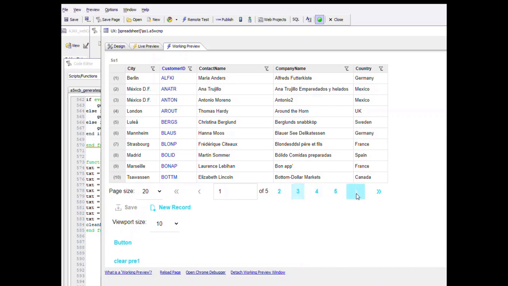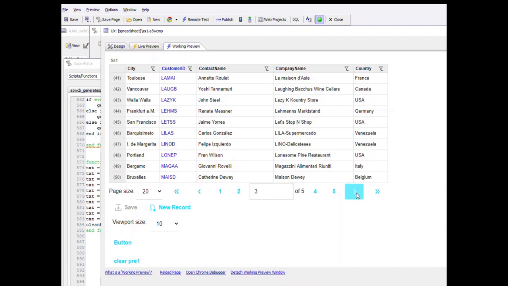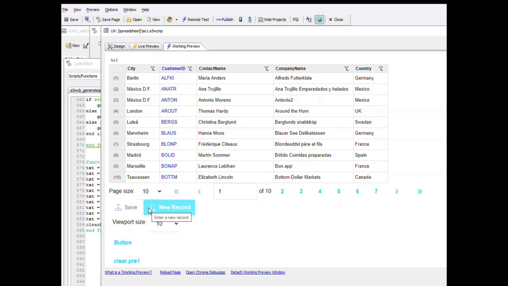the navigator. So as we scroll through the data here, we can modify the current page that has focus. Right now the page size is set to 20. So I'm going to go there and change the page size to 10. Now we have 10 rows per page, and there are 10 pages. If we change it to 20, you can see there are now 5 pages. So we can change the number of records per page. And if we go back to 10 records per page,